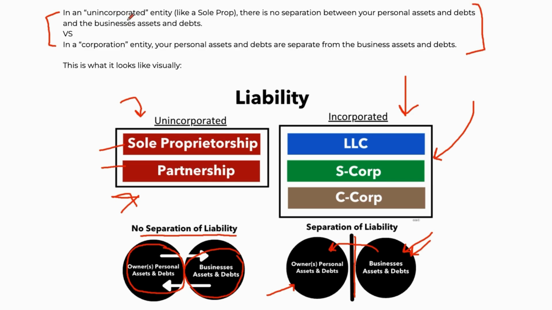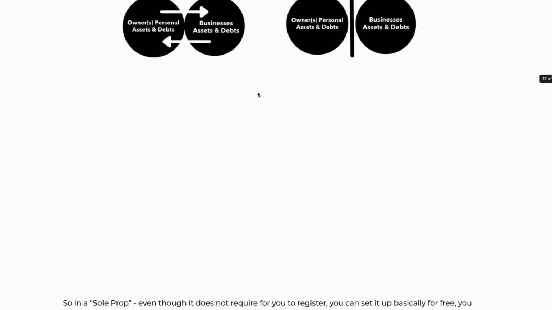In an unincorporated entity, that is basically not a corporation, there is no separation between your personal assets and debts and the business assets and debt. That's exactly what I said. And then in a corporation entity, there is a separation between the business and the personal side of things. And so this is what we are talking about, ladies and gentlemen, as the first reason why a corporation is